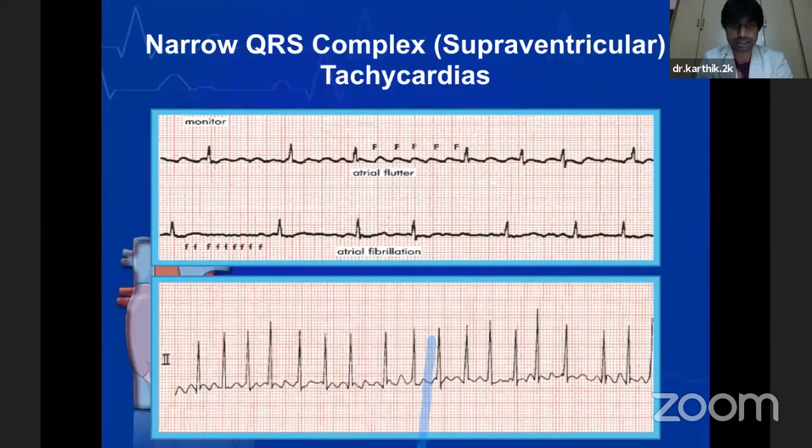In the next illustration, we can see again it is a narrow QRS complex tachycardia. The RR interval is varying. The heart rate is very fast. If you employ the conventional techniques, you can see that the heart rate is close to 180, 190. And as a beginner, sometimes you may have a confusion to discriminate between whether it is a regular RR interval tachycardia or an irregular RR interval tachycardia. But if you see closely, definitely there is irregularity between the RR intervals.